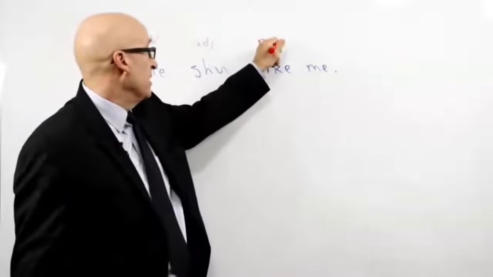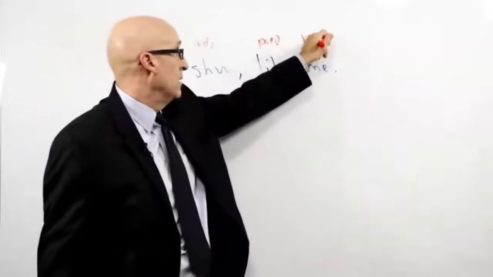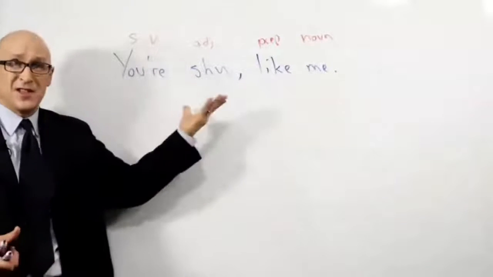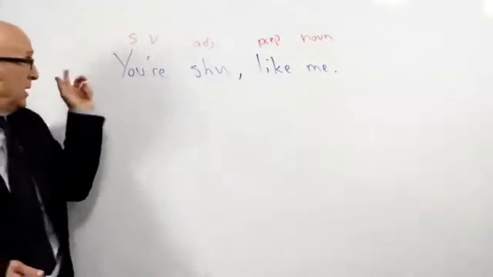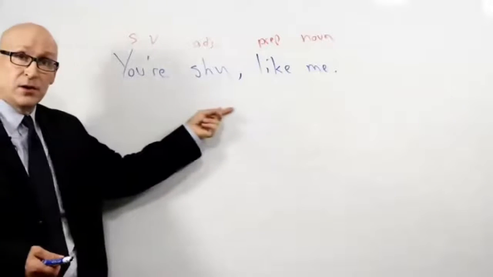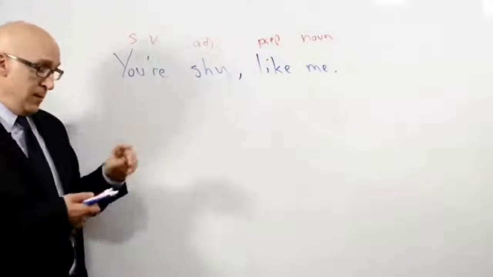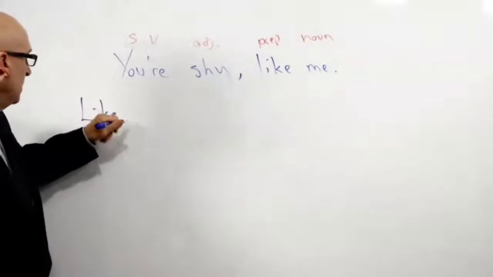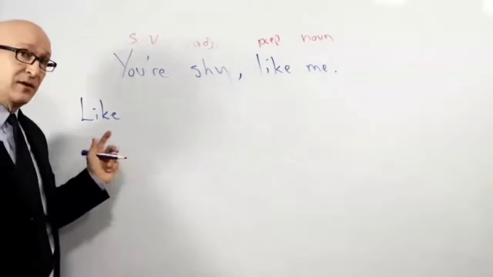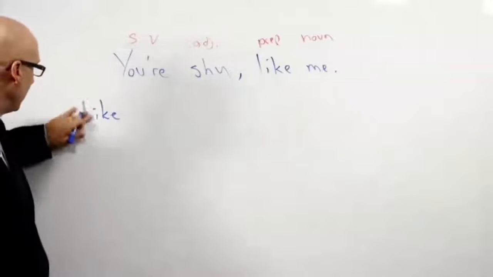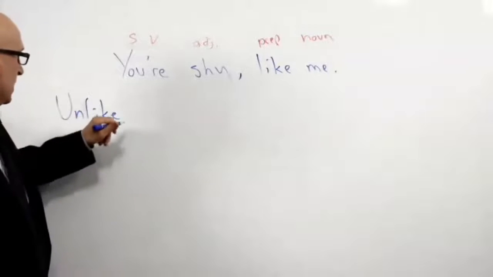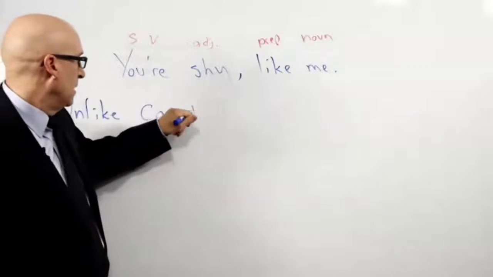And this is a preposition followed by the noun. So that fits. So we can often say structures like this. This is a simple one, right? You're shy like me, or like me, comma, you're shy. Or you might say something like, and by the way, the negative version of like works the same way. So let's try that actually. What if you said unlike? Unlike Canada,